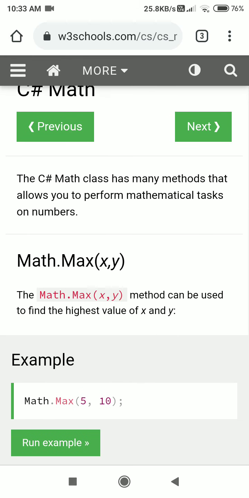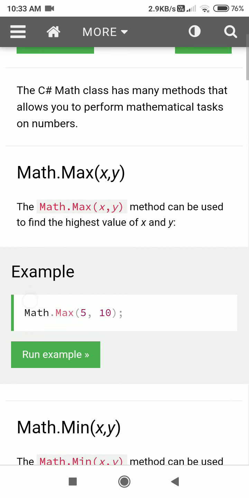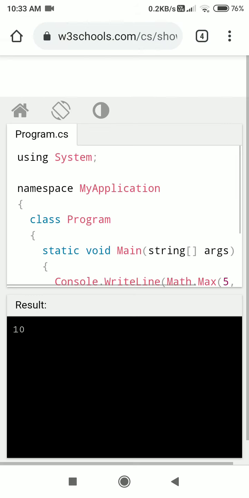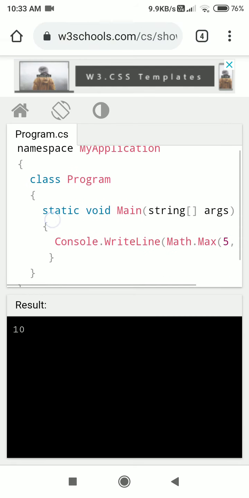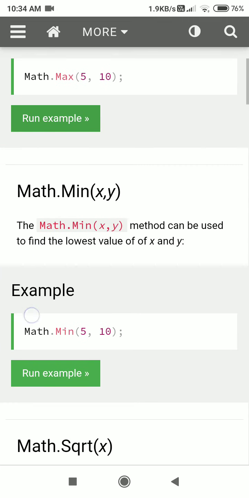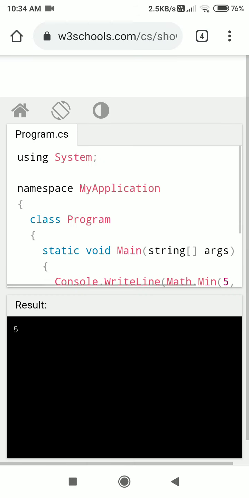Even you have mathematical functions, like Math.Max, which compares x and y and returns the maximum. Max of 5 or 10 is 10, so 10 will be returned. Console.WriteLine Math.Max, it is quite easy. Minimum works similarly: the minimum will be returned, 5.